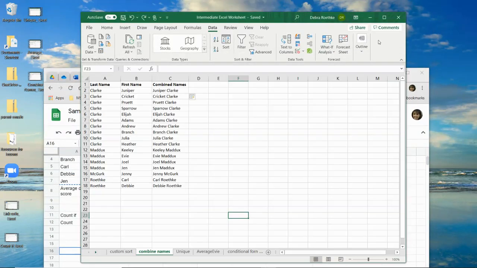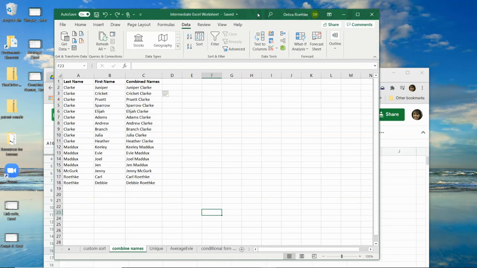I can also split names into two columns. So I've got all these names in one column, and I don't want them organized by alphabetical order by first name. I want it by last name, so I want to split them. So I highlight the data that I want to split, go to the Data tab, and click on Text to